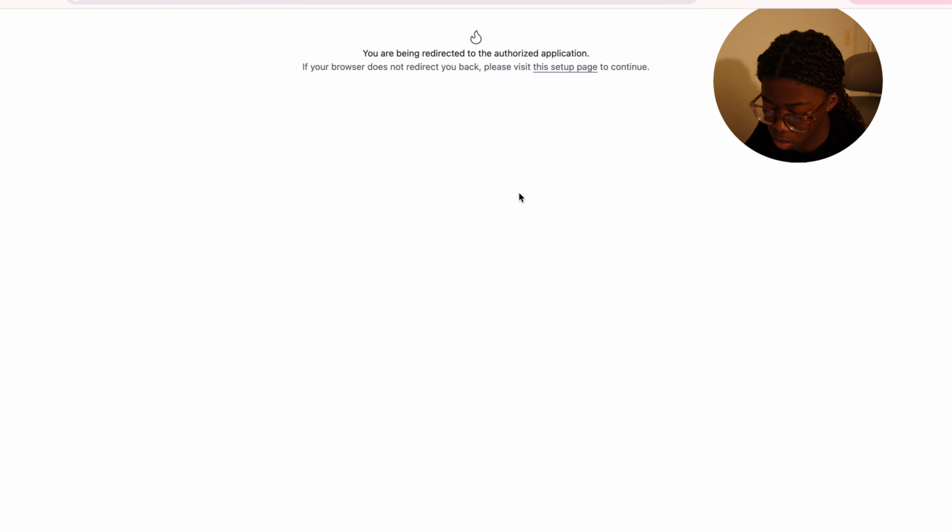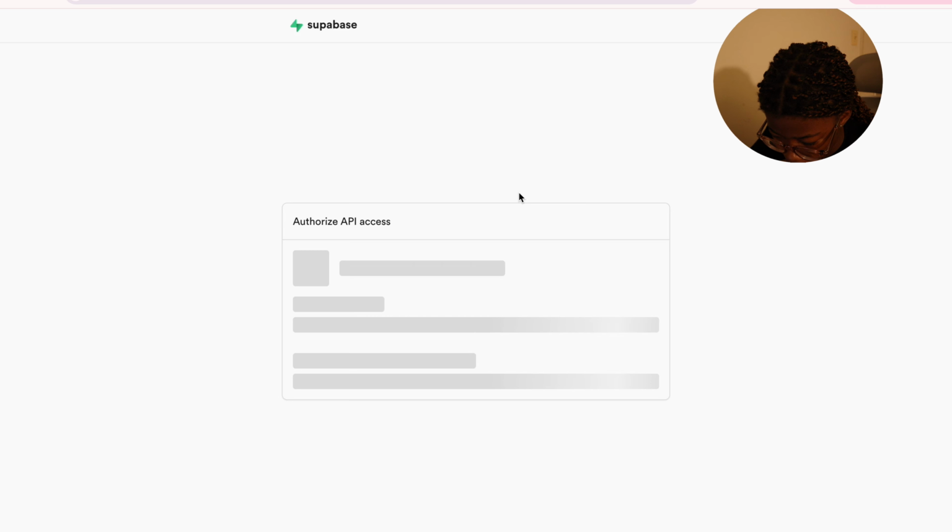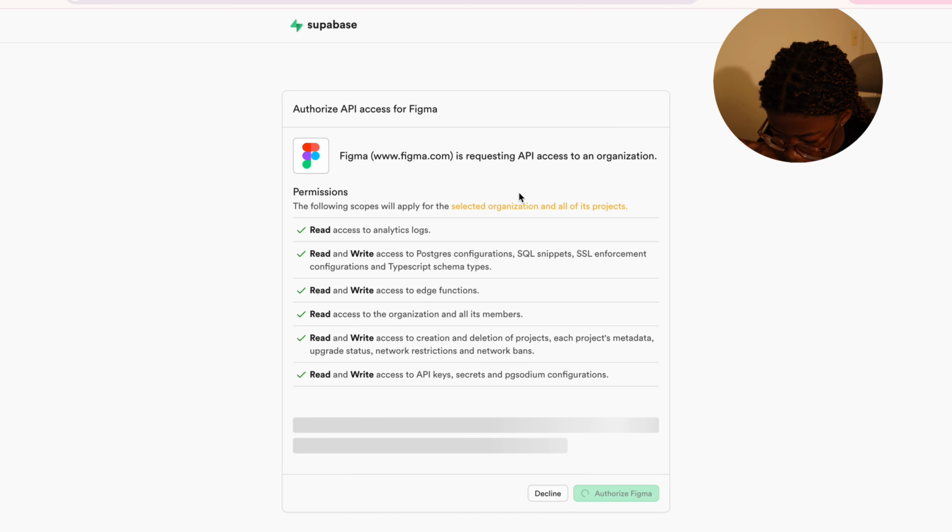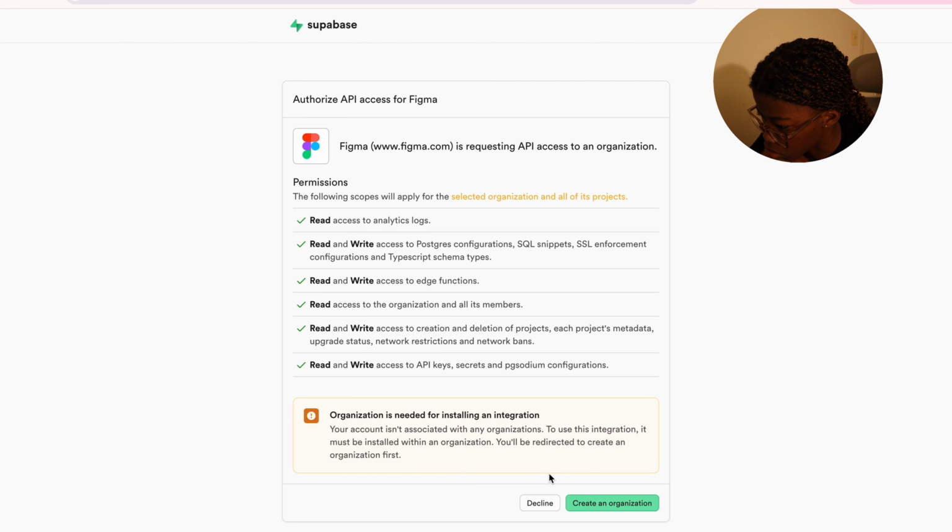So I figured out the way to connect Supabase was just to go to the settings, and then I just click connect Supabase, and then I authorize the API. Just a one-step thing that I have to do. So go to my settings,